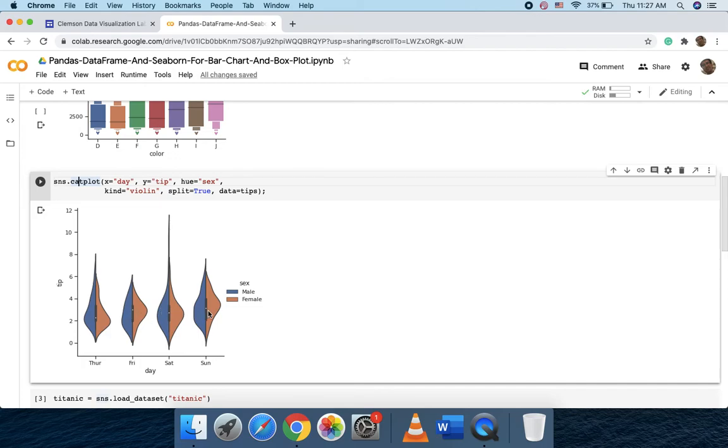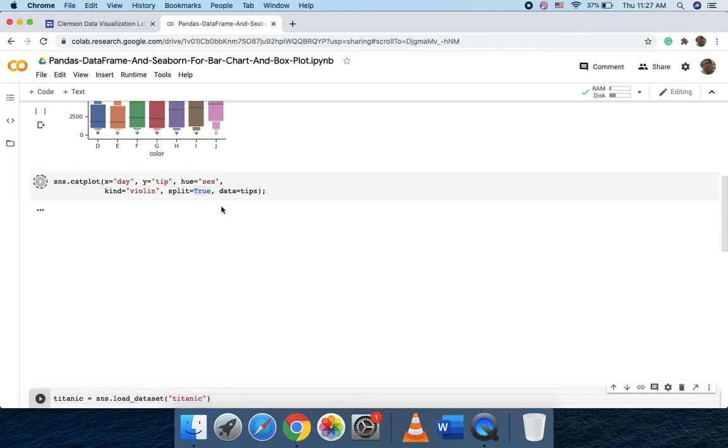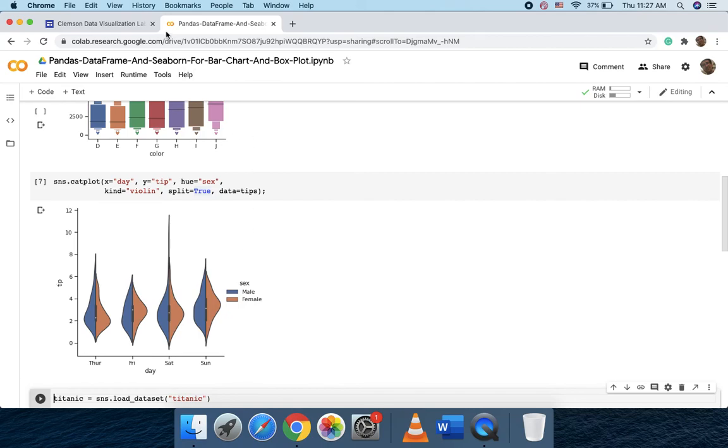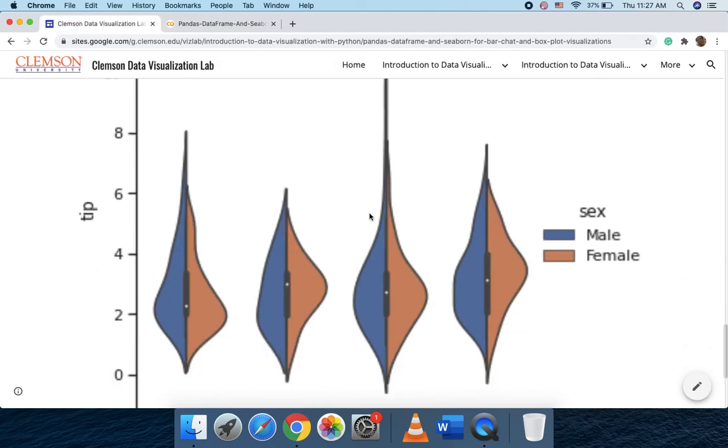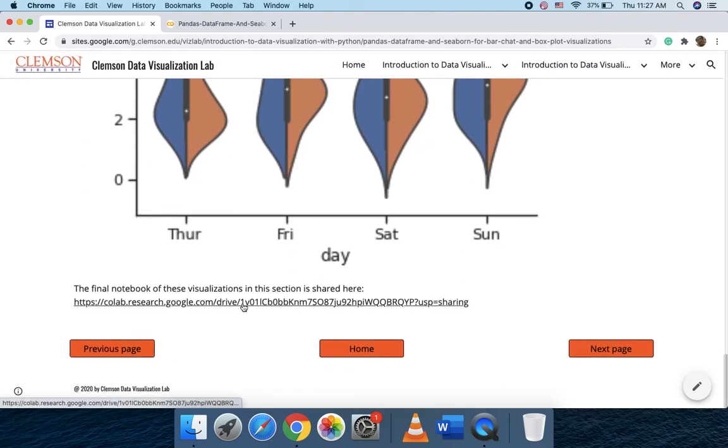For example, for Sunday, it shows the amount of tip is concentrated around $4 here, because that's the higher distribution, for the female customers. But for the male customers, it's a little bit smaller, near $3 for the tips on Sunday. And we want to split them, of course, into different categories, and the data that we use is called tips. So that's much easier for creating the box plot in comparison to matplotlib that we saw in the previous section. That's the final visualization of this box plot,